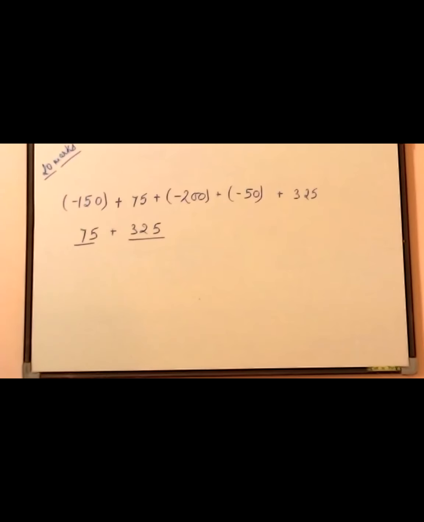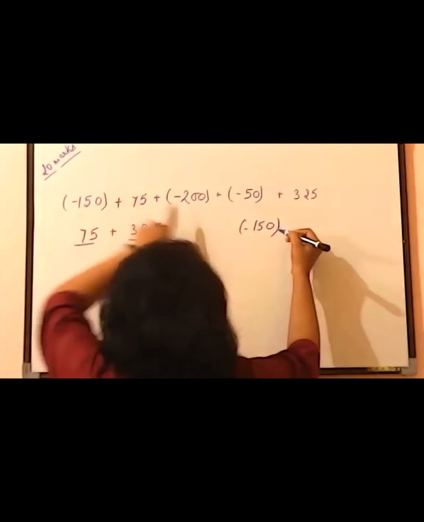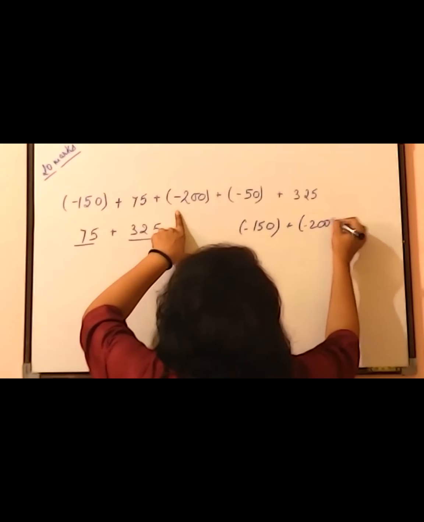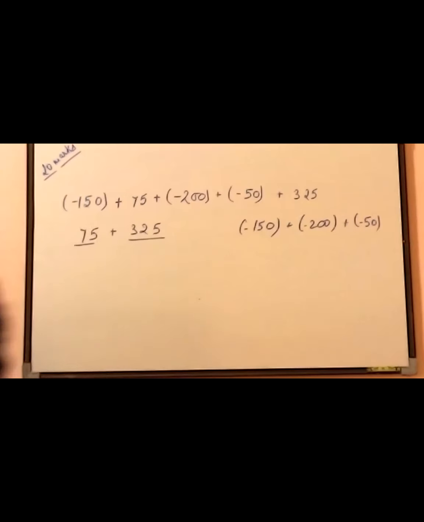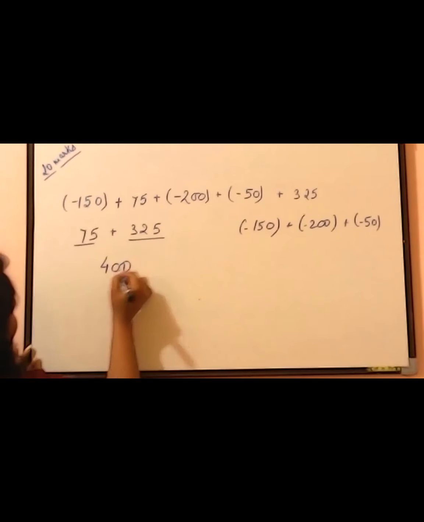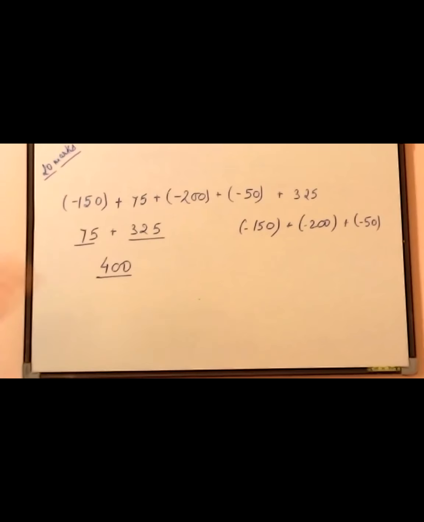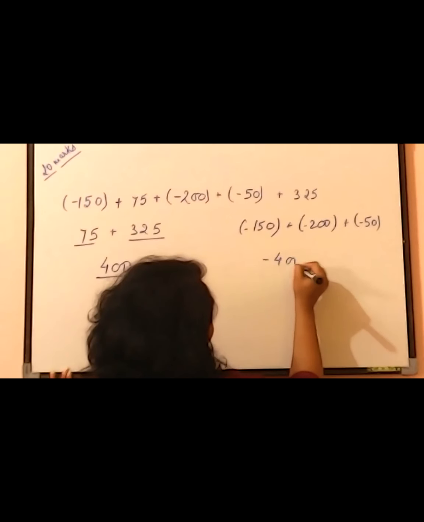Same thing. Let us keep all negative one side. So negative में क्या क्या है बेटा हमारे पास? -150 है, -200 is there, and also we have -50. So I have written all negative one side, all positive one side. So when you have all positive one side, you will see that after adding these two, you will get 400. Okay? And that opposite side, if you add all these, you will get -400.